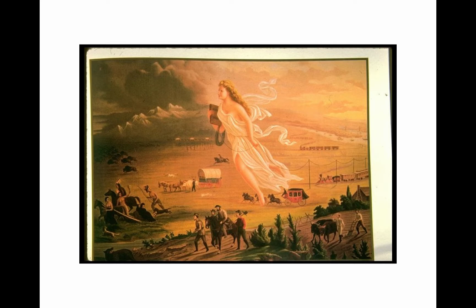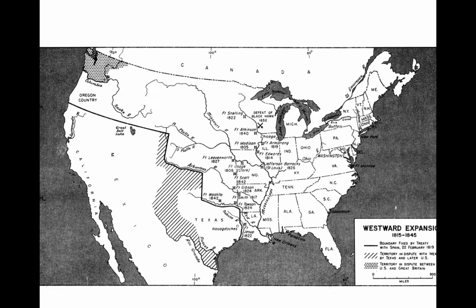It was popular everywhere. So politicians hopped on the bandwagon. Politicians wanted to spread America out. And this, by the way, was an idea called manifest destiny. Manifest destiny is saying that the expansion of America was ordained by God. It was manifest. That term was laid out in an article by a man named John Sullivan in 1845, but really it lays out the mentality of this entire period.